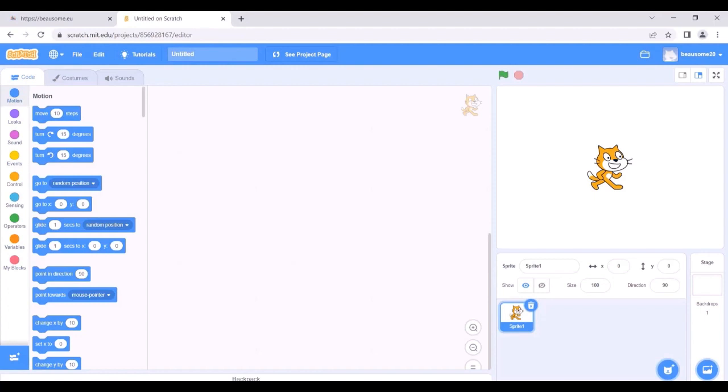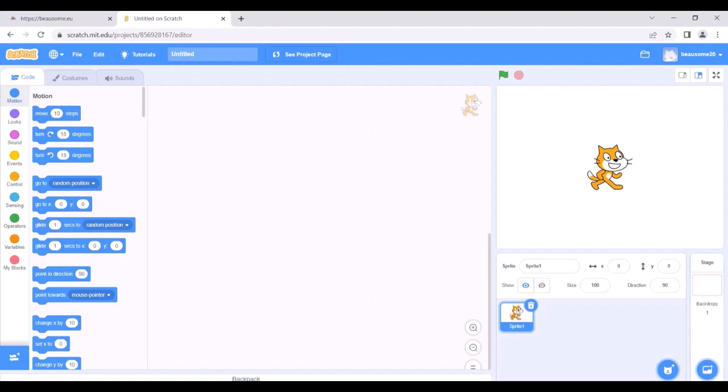We have coding area, which is used to move our blocks to this area and create our code. And we have stage area, which is our character with the background. So let's start with block palette.